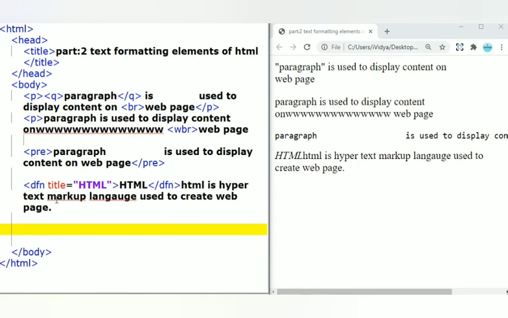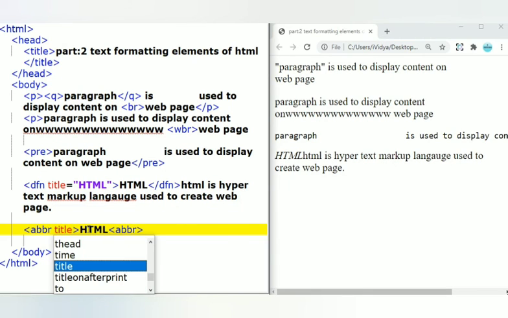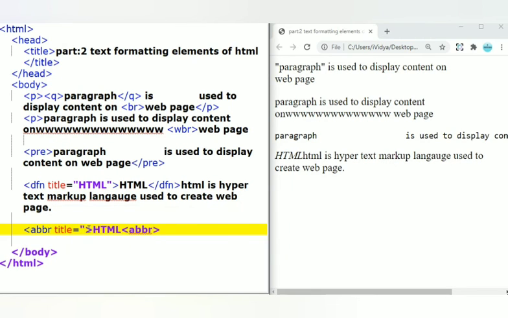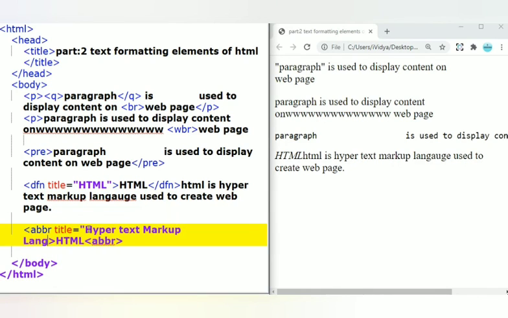Next tag is the abbreviation tag, ABBR, and here I am going to write HTML. What abbreviation you want to write, that you need to write within this title attribute. Here it is hypertext markup language. This is the abbreviation of this HTML. This text will be displayed on a web page.